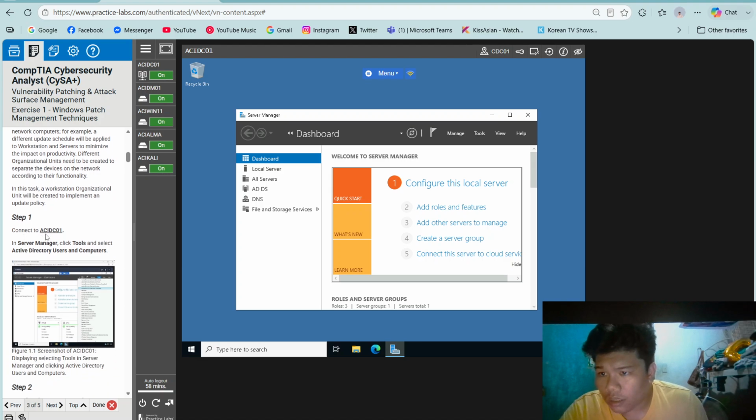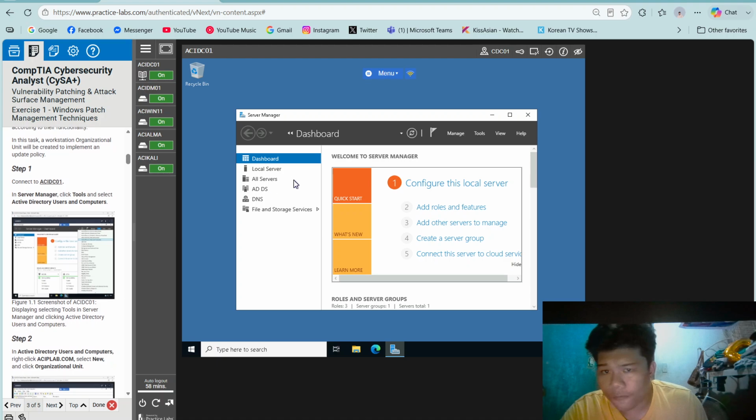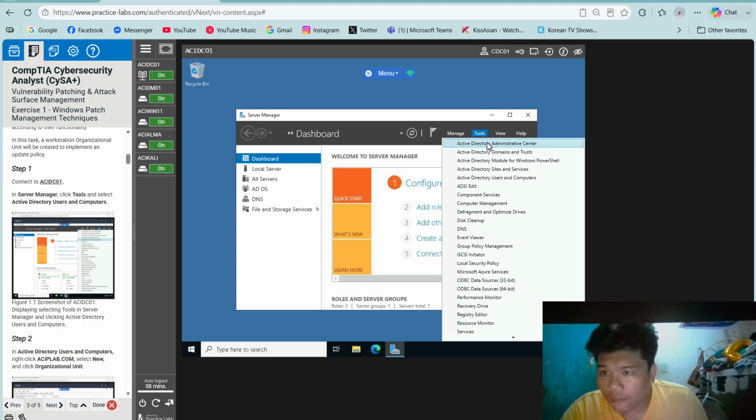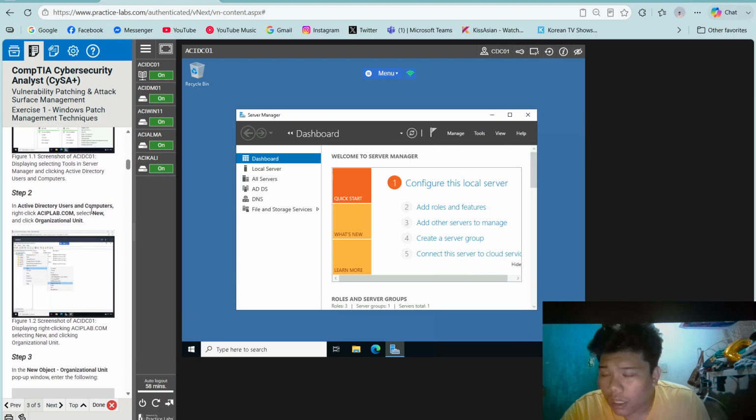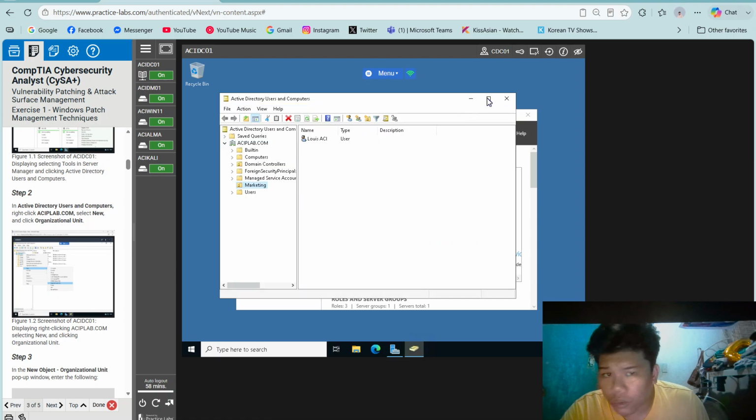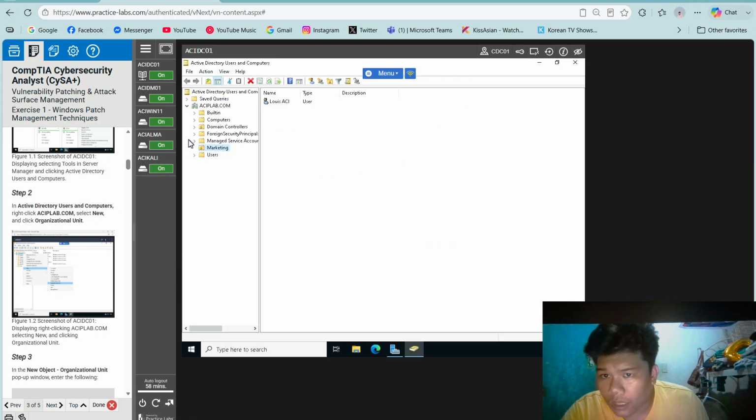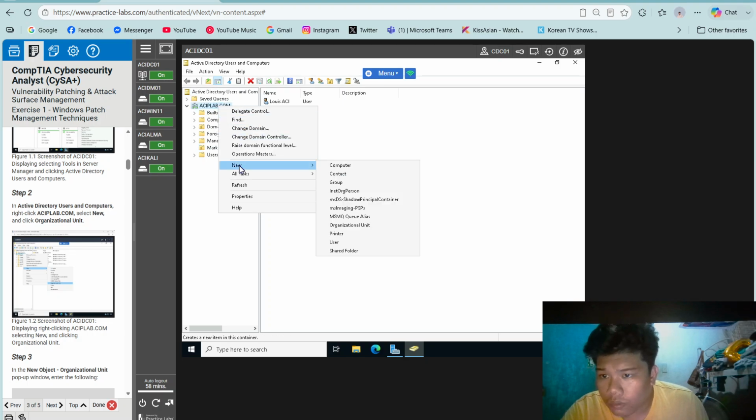Step 1, in the server manager, click Tools and select Active Directory Users and Computers. In Active Directory Users and Computers, right-click aciplab.com, select New, and click Organizational Unit.